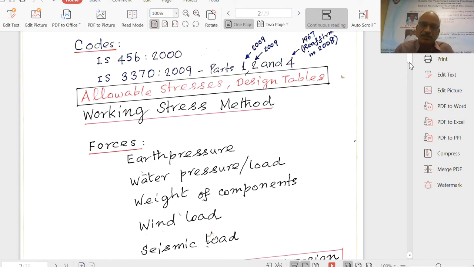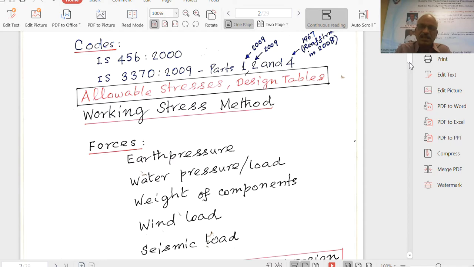So, depending upon the soil and depending upon the case, we have to design for the worst condition: tank empty, soil pressure outside. So it will be subjected to only soil pressure outside. The tank will be empty for cleaning or some other purpose, right? So tank empty condition, tank full condition. So like that, there are 4 different critical cases, of which we design for 1 or 2 most critical cases.